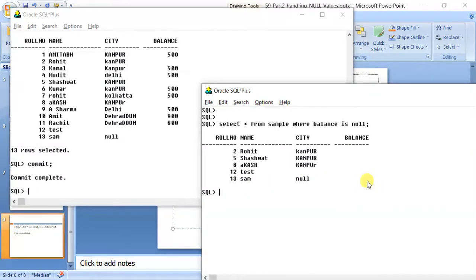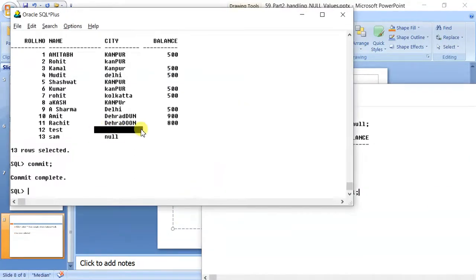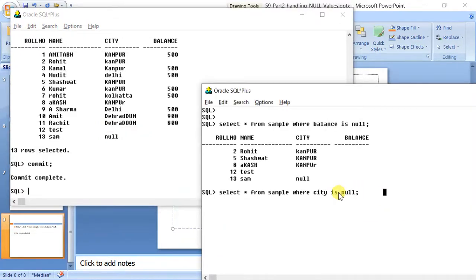Or you can type select star from sample where city is null. As you can see, there is only one record. This one. This is not the string null; this is the value null. It is null. You can see this 12 has come.